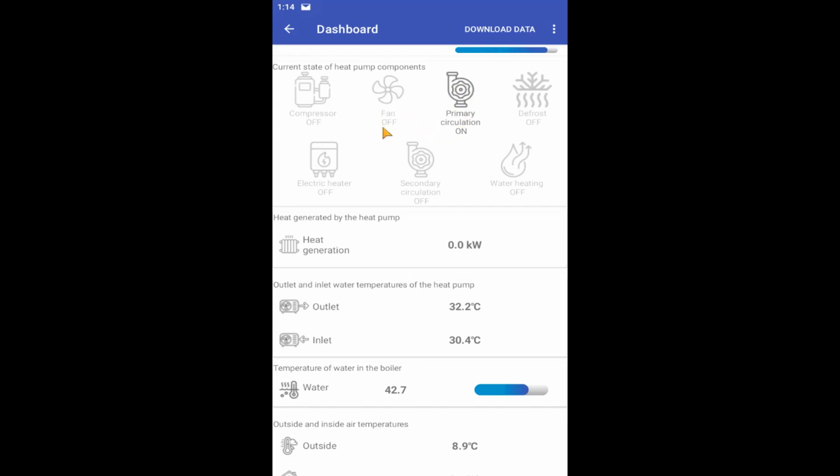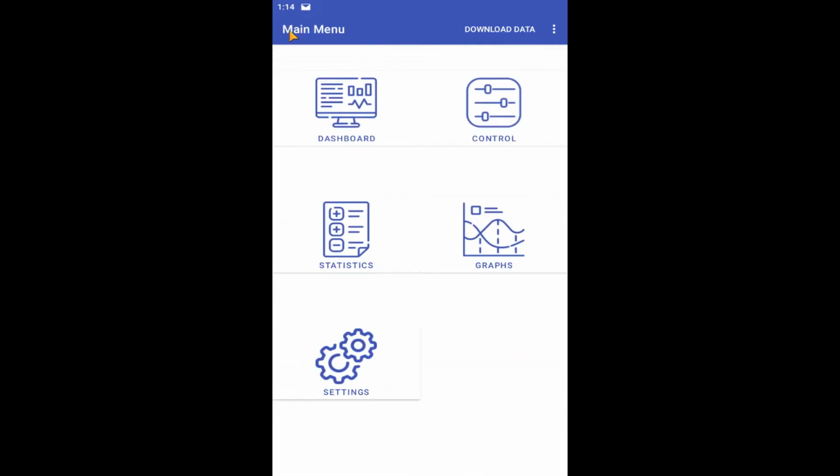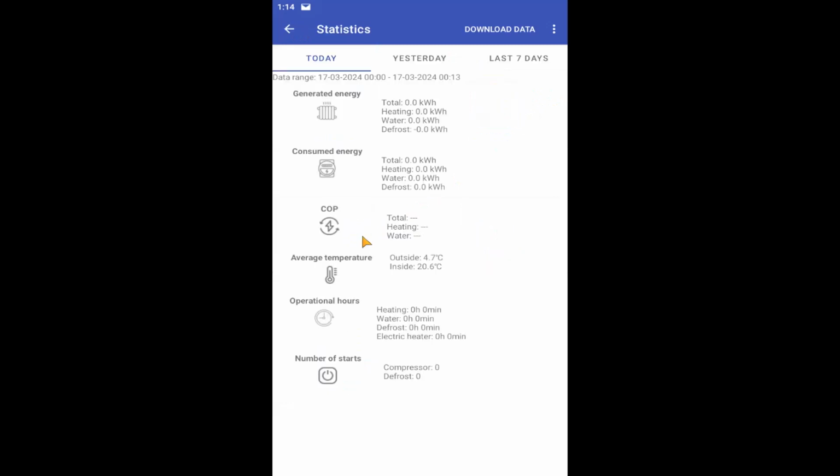In a moment, the fan turns on, and then after a while, the compressor turns on. When the temperature of the water output from the compressor of the pump is higher than the temperature of the water in the boiler, the mixing valve also turns on, so that the hot utility water really starts heating up. We'll check in a moment if everything is going as I said, and let's take a look back at what else this application can do.